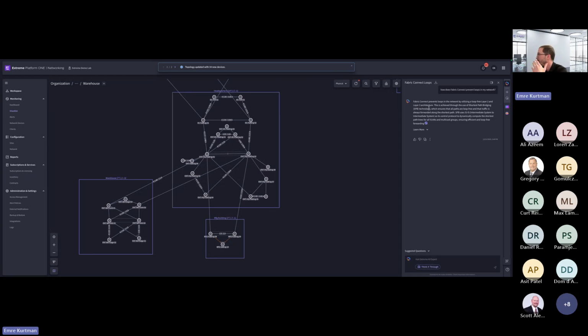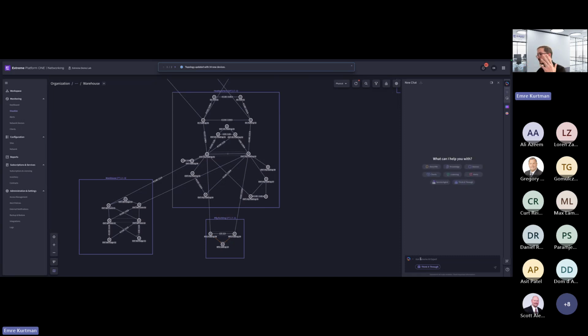It says it prevents loops in the network by utilizing a loop-free layer 2, layer 3 architecture. I'm not going to read everything, but at the end, it also provides inline citations so that you can click on them and it will take you to the relevant configuration guide or GTAC knowledge base article. So this is how you talk to your knowledge.